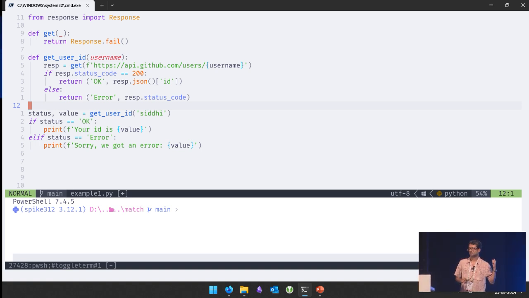So what are we doing here? Firstly, I want to know whether the first item is okay or error, right? Based on that, I want a pattern. If it's a tuple where the first item is okay, then there is one flow. If it's a tuple where the first item is error, then there's another flow, okay? Secondly, I need the second item. In the first flow, the second item is an ID. I want to get that ID and print it over there. Or if it's an error, I want to get the error code and print it over there, right? So these are the two things which I want to do.